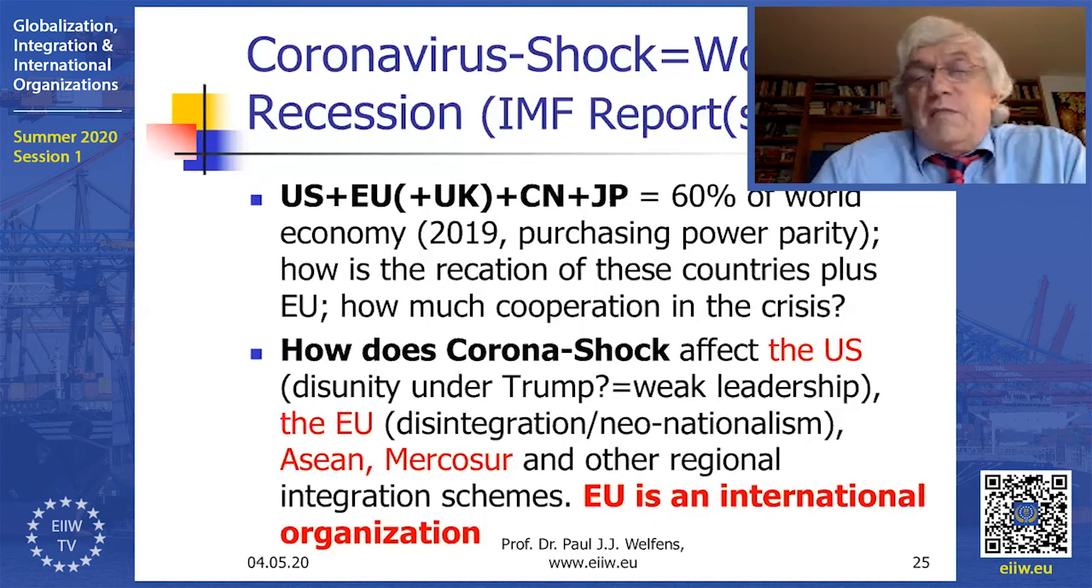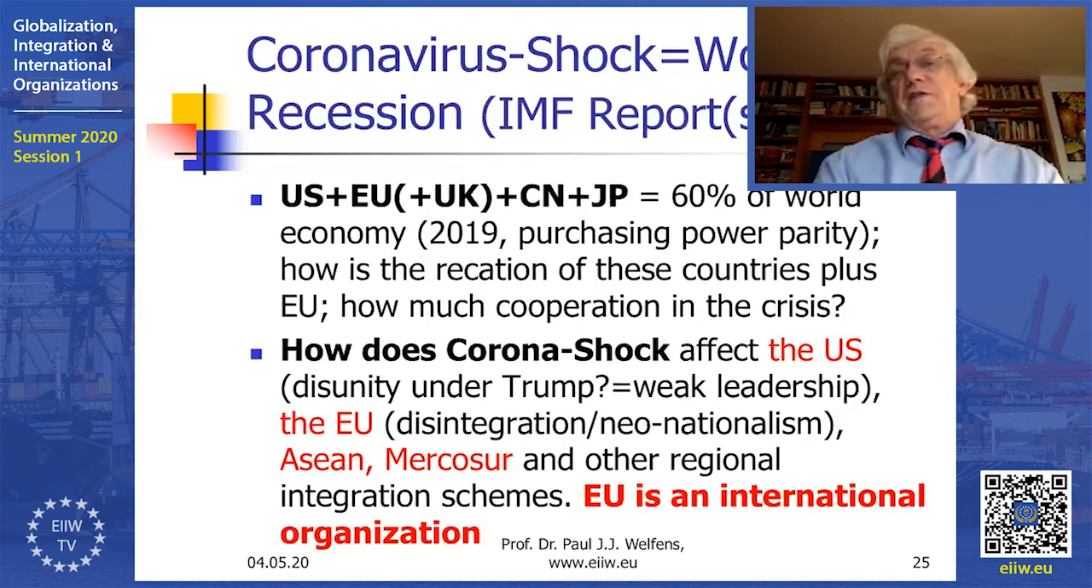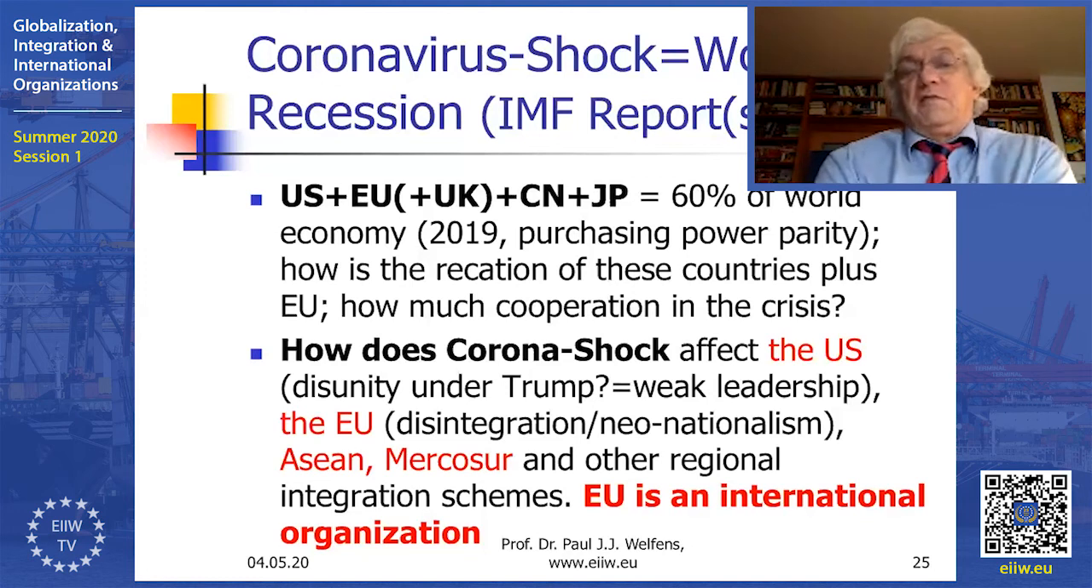In Italy, the political support for the EU has declined dramatically, so maybe there will be further disintegration. Okay, there's ASEAN, there's Mercosur and other regional integration schemes. And of course, the EU is an international organization. Okay, if it is a well-organized system, then maybe the EU comes up with a lot of good ideas and